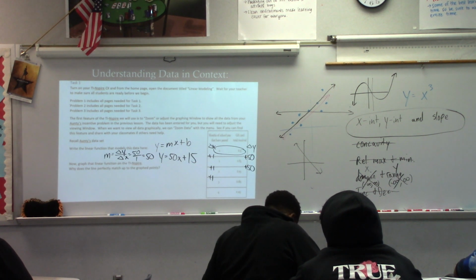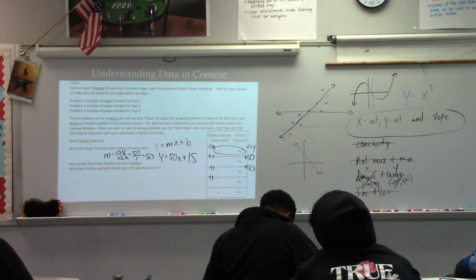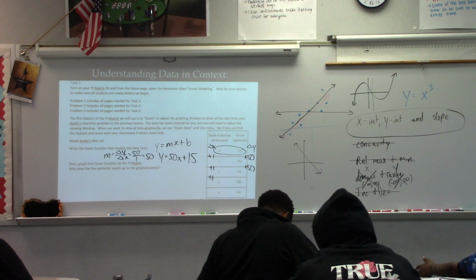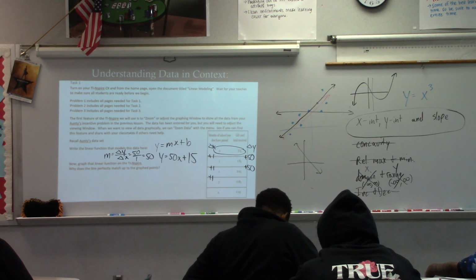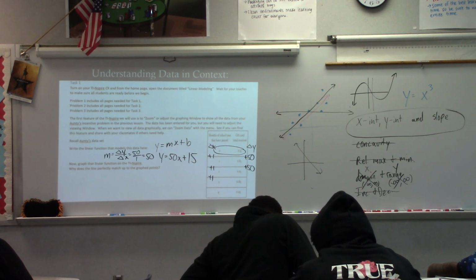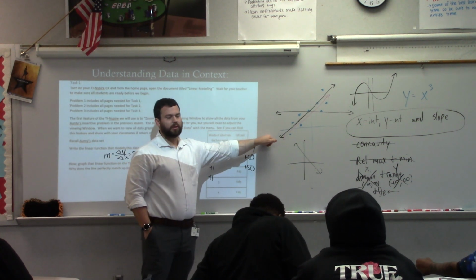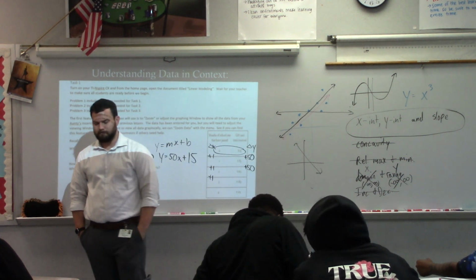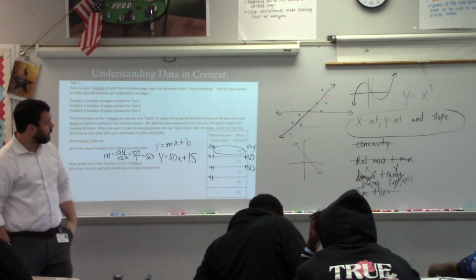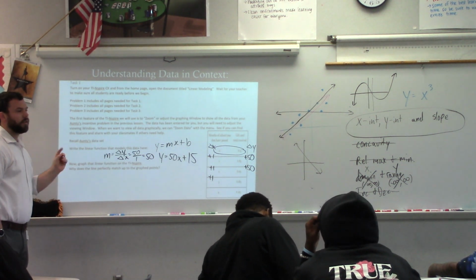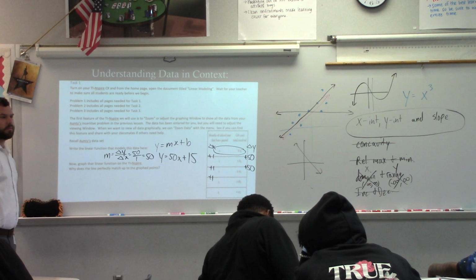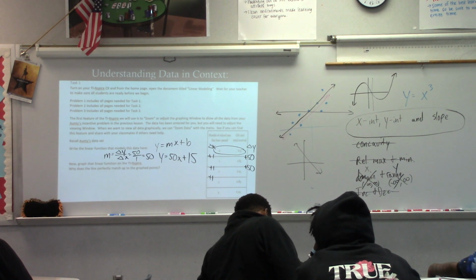Why did it perfectly match up? Because you got a constant rate of two. The x value is two. That's true. But what I want to point out is, we have a scatter plot here with a trend line. Does that trend line go through every single data point? No. So why, in this case, does the trend line go perfectly through the data points? The data points